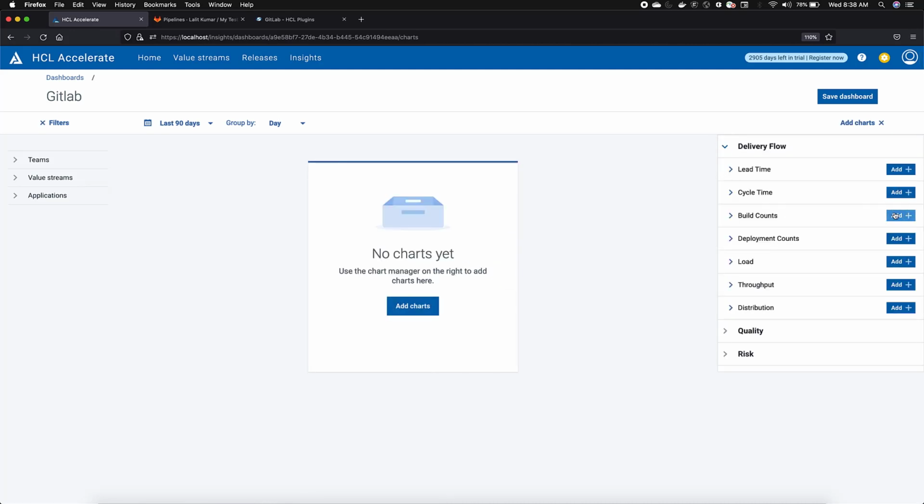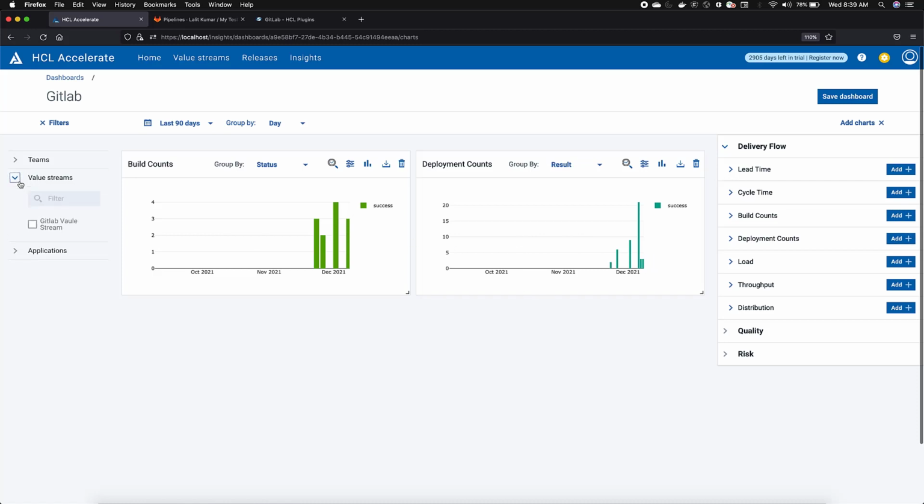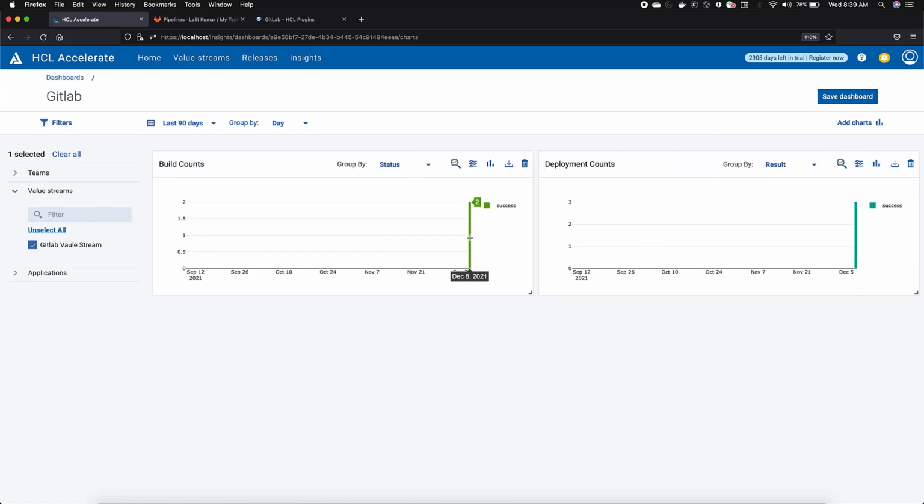One is build counts and another one is deployment count. I can see all the builds and deployments that have happened here, and you can select a value stream so that it shows you only that particular value stream. So there are two builds that have happened and three deployments that have been run.